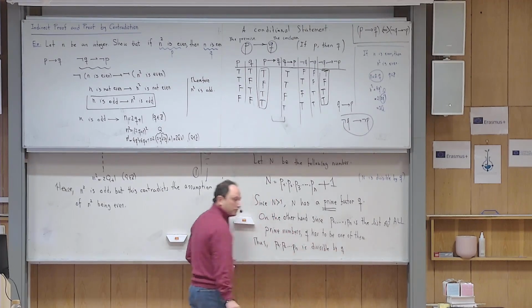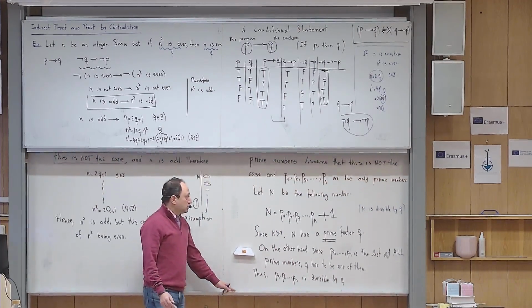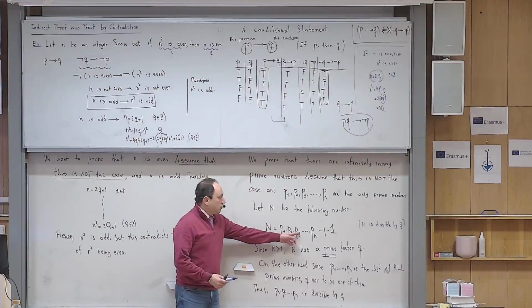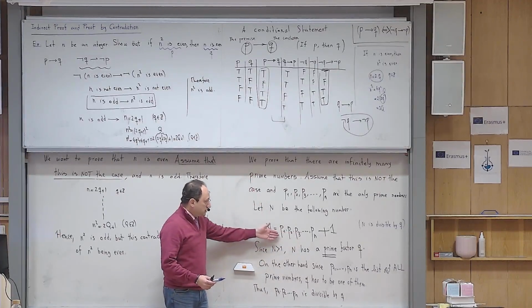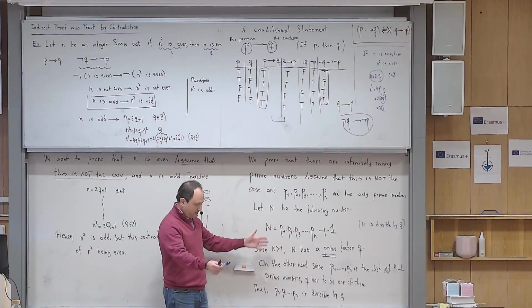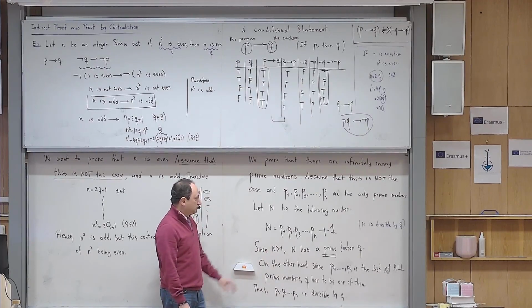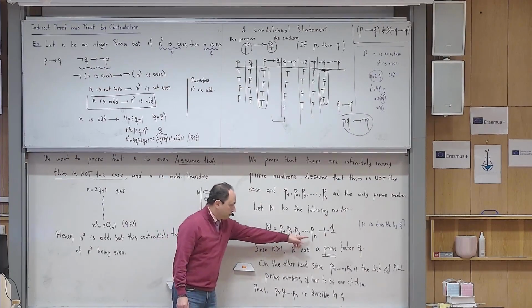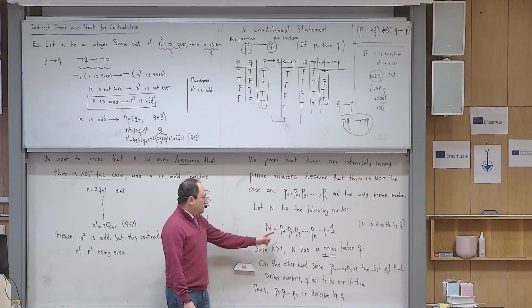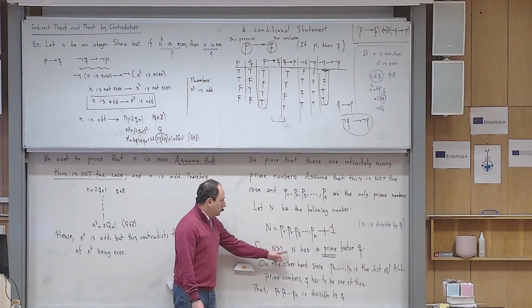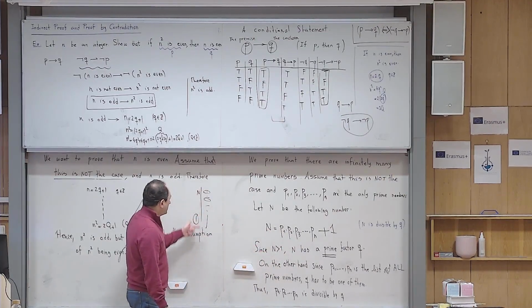Do you agree with this part? You see, this is the list of all prime numbers. Imagine this is the list of all of them. We know that we cannot write all of them, but let us assume that we can. Okay? And then I would say that n is a number greater than 1, so I can factorize it,